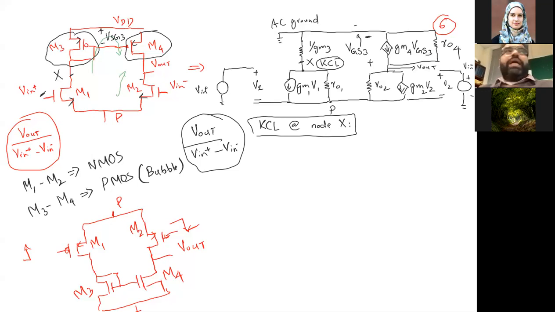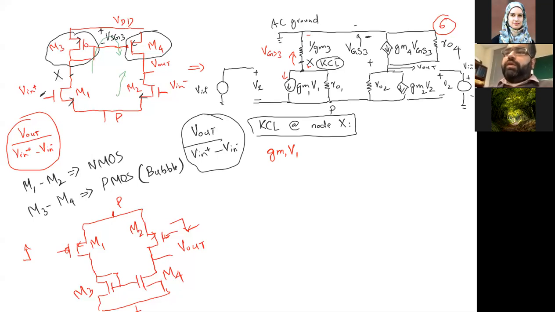Let me write and then we can have it. The current leaving this node X is GM, this one current, GM13. So on the left hand side, I'm writing the current which are leaving the nodes. And then we have one current which is leaving also, which is equivalent to what this point, this node from this point to this is also